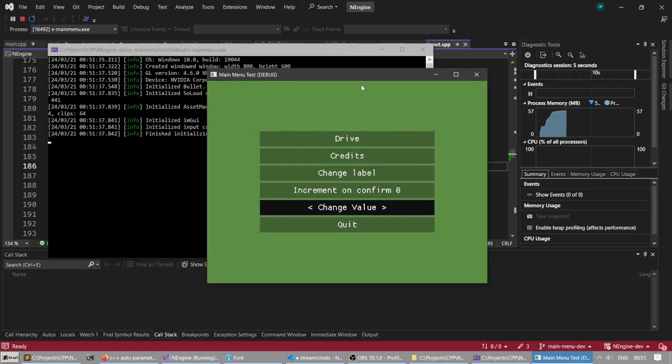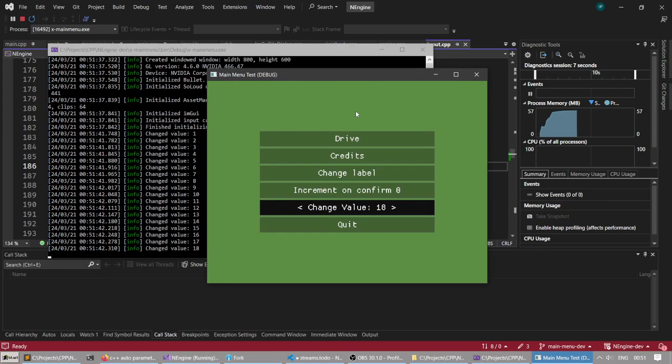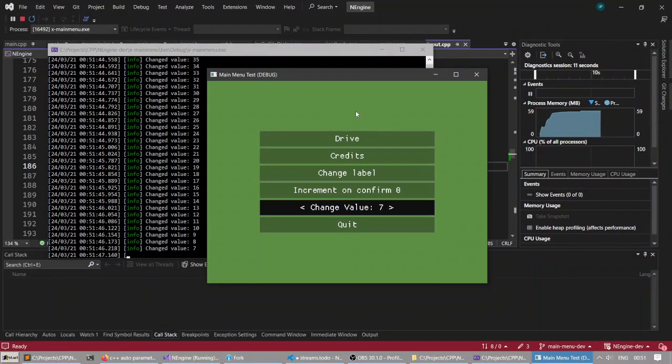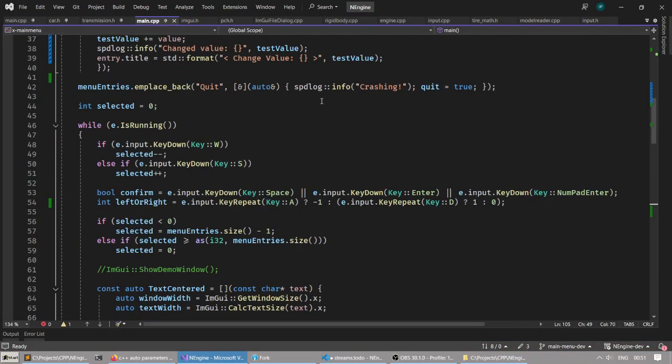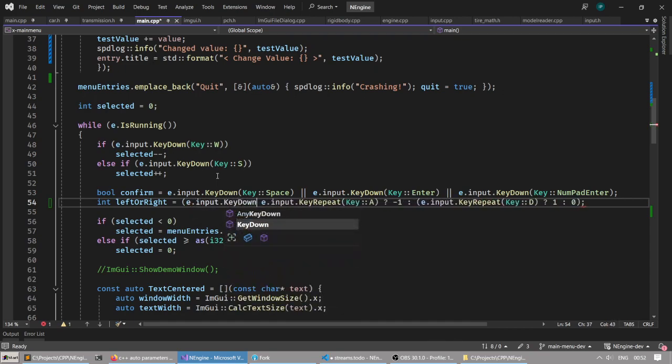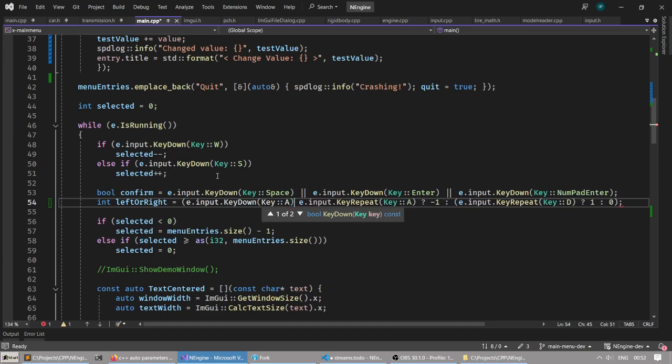Okay, so there it is. Okay, so it works now. But it doesn't work on key down. So it does work on repeat, but it doesn't work now on key down. So you have to do that as well, right? You would have to do that. Yeah, I would need to do like if input key down key A, or